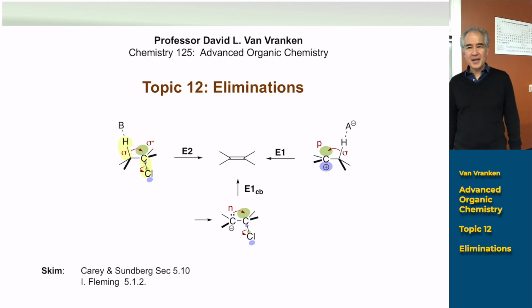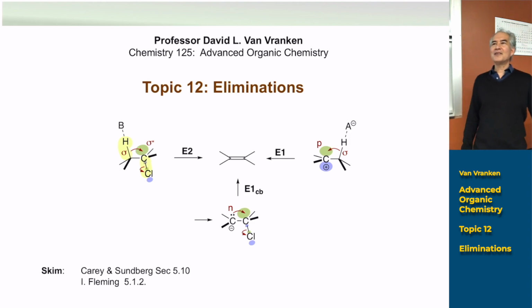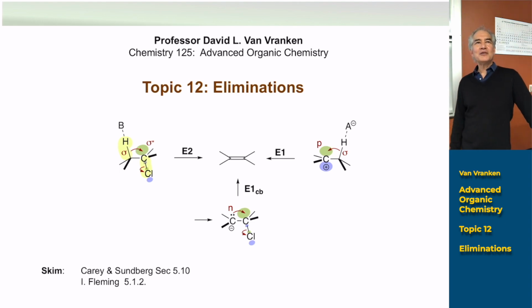We've been talking about eliminations. That's like the first thing you cover when you take an introductory organic chemistry course: substitution and eliminations. SN1, SN2, E1, and E2 elimination reactions. So that's what we're talking about here: how do you make C=C double bonds, mostly C=C double bonds, by